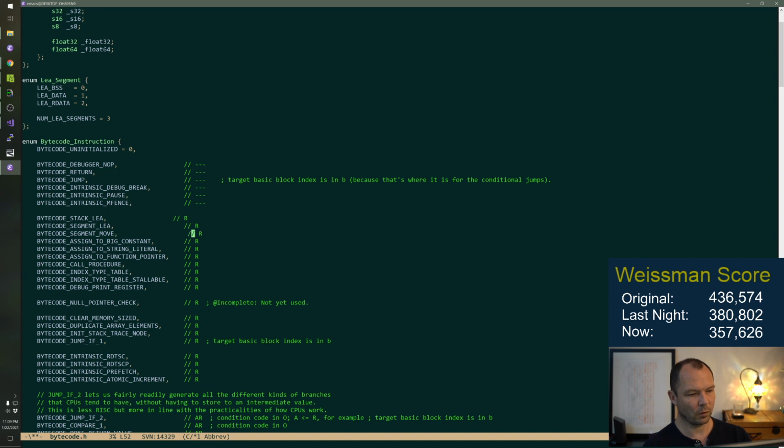Segment move comes from R, or puts in R. Segment in O, offset in big constant.